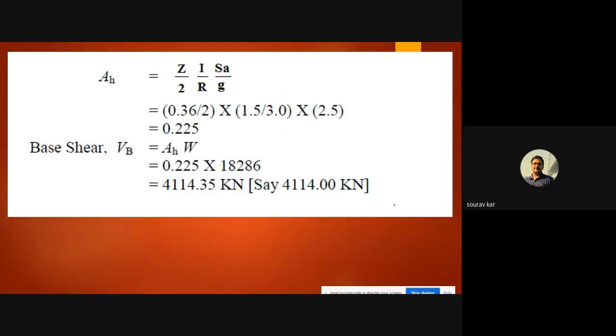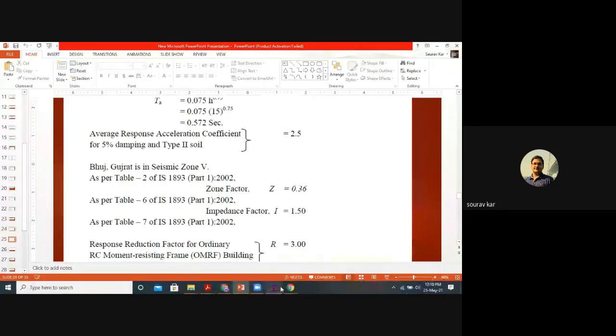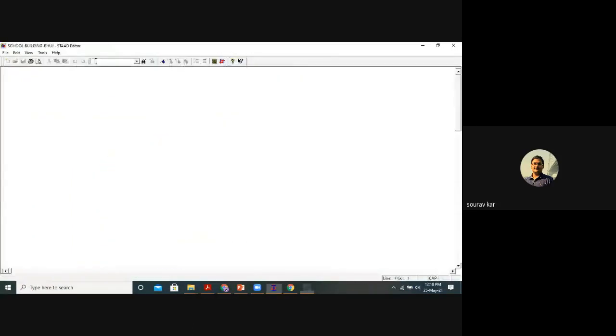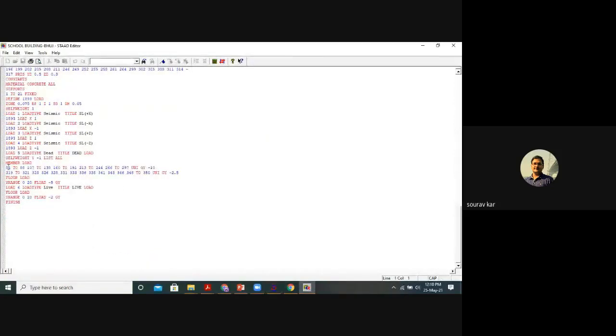Okay. So coming back to the StaadPro file, we will go to the Staad Editor, and we will directly go to the member load section.